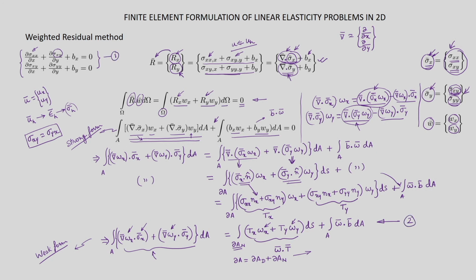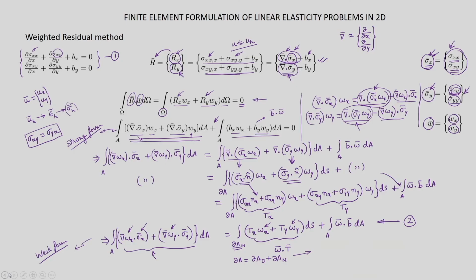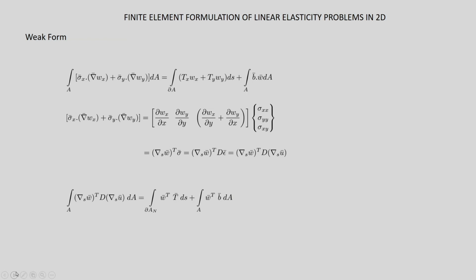We first represent the trial function, that is u_h, with a set of basis functions. We first discretize the domain into triangular or maybe quadrilateral elements, and we define some approximation functions or basis functions element-wise, and we represent this displacement as a linear combination of those basis functions or shape functions. With this weak form we will now try to simplify it.